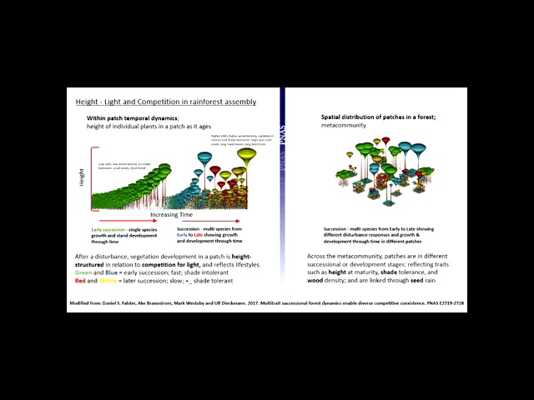They're all competing together, and they have relatively low tolerance for competition. But as we move into other species that grow taller, that live longer, that are more shade tolerant, we get an increase in diversity and the spatial distribution of those species, and we get a movement towards a more mature community assembly. So height, light and competition influence rainforest assembly, and that varies, of course, in relation to the size